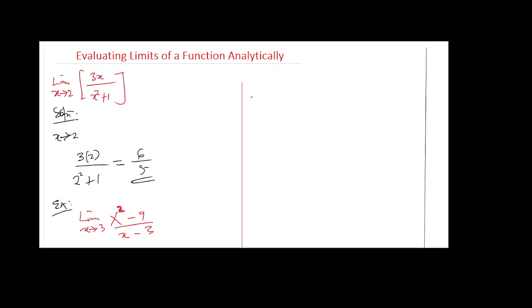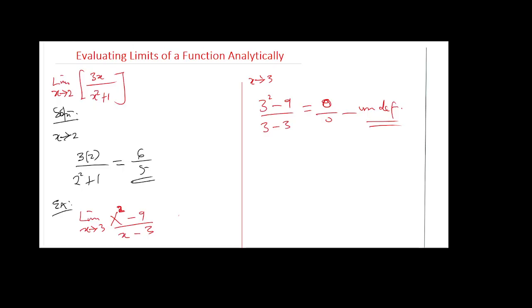Now, if we try to do direct substitution here, we are going to have as x approaches 3, 3 squared minus 9 all over 3 minus 3. And 3 squared is 9 minus 9, that is 0. And 3 minus 3 is 0. You see, this function becomes undefined, and that is not reasonable. So direct substitution cannot work here, and that leads us to the second method, which is